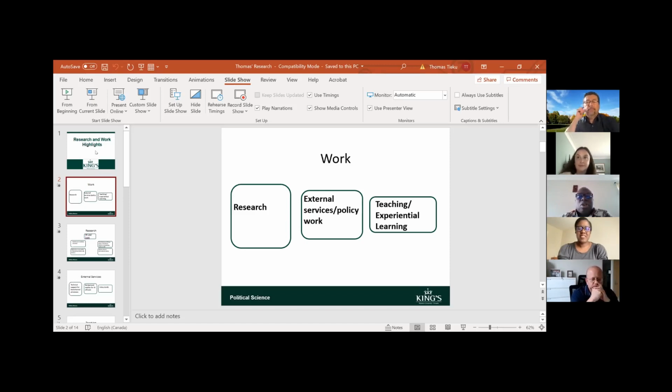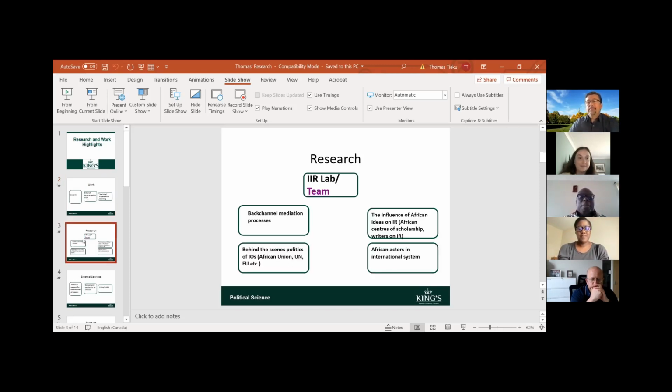I'm highlighting this with a view to showing you the areas of work that are much more open for collaboration, for those of you who are interested, because I'm really big on collaborative research work. So the first one, most of the work that I do,